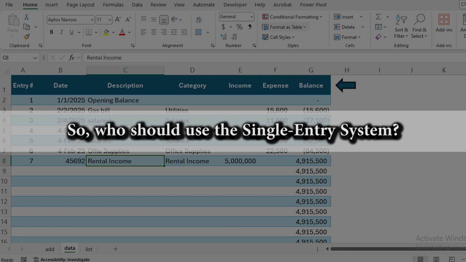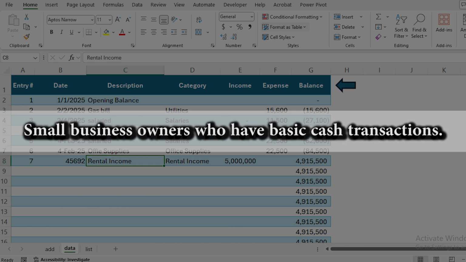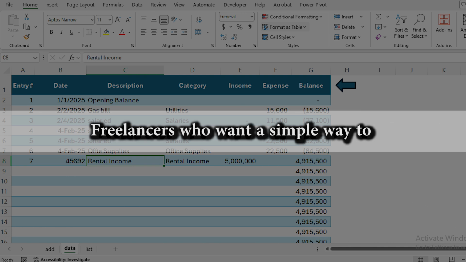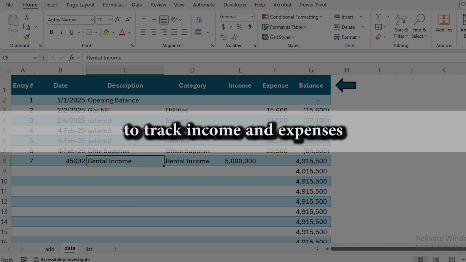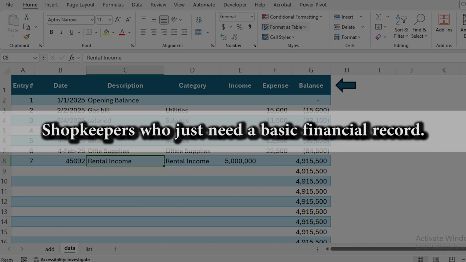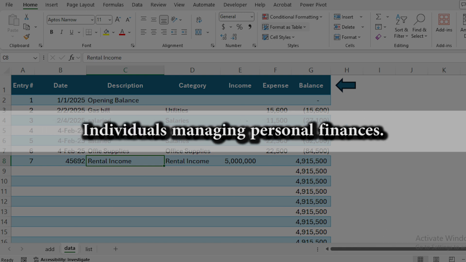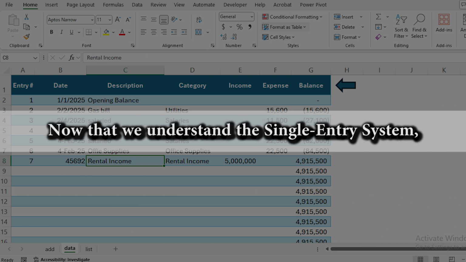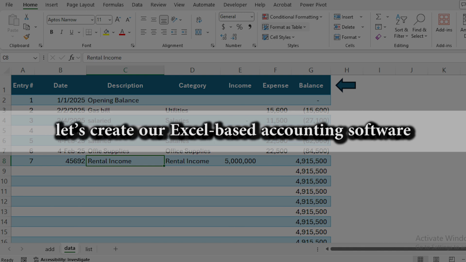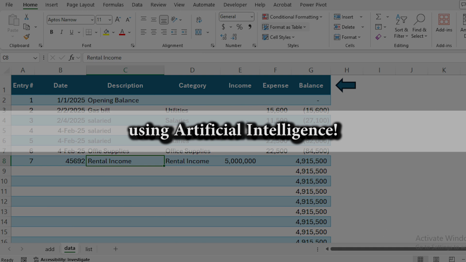So, who should use the single entry system? Small business owners who have basic cash transactions. Freelancers who want a simple way to track income and expenses. Shopkeepers who just need a basic financial record. Individuals managing personal finances. Now that we understand the single entry system, let's create our Excel-based accounting software using artificial